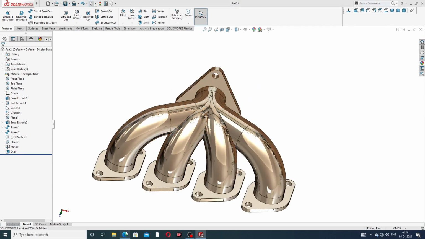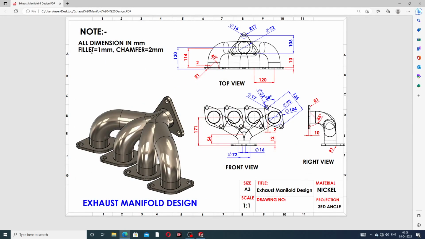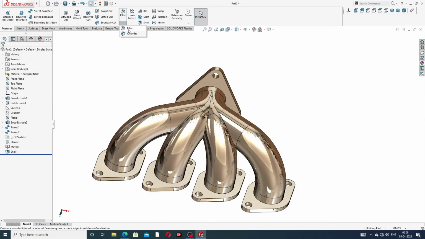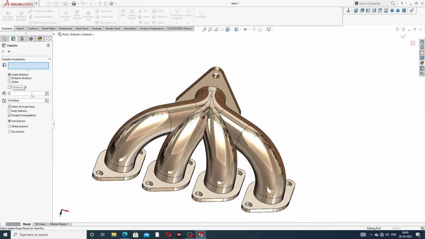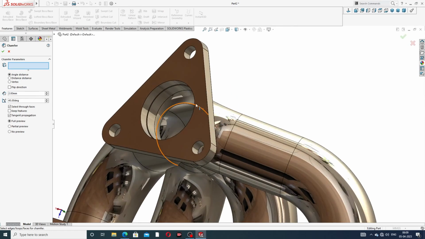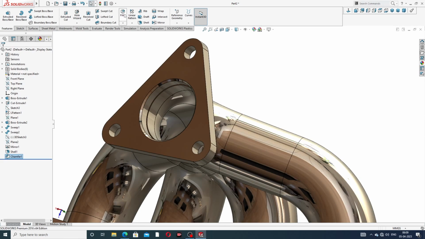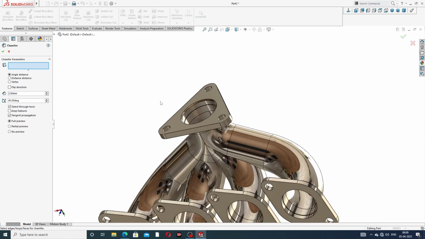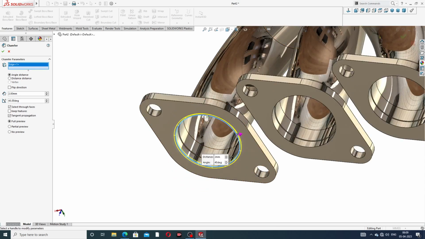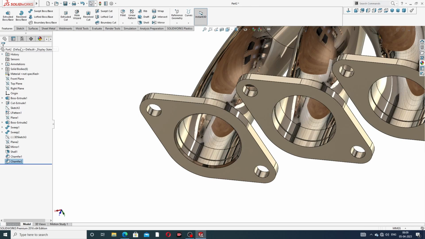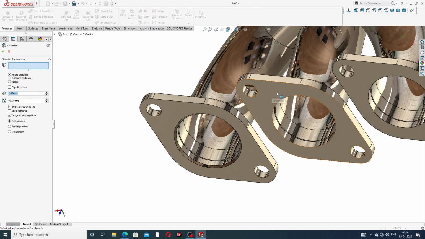and one point is also available here. All dimensions are in millimeters, and fillet is 1, and the chamfer is 2 millimeter. The chamfer is applied here, 2 millimeter at 45 degree angle, and on all sides use a chamfer. Okay, and also use this, and also use this 1 by 1, because this is not using multiple. Click OK, and use a chamfer